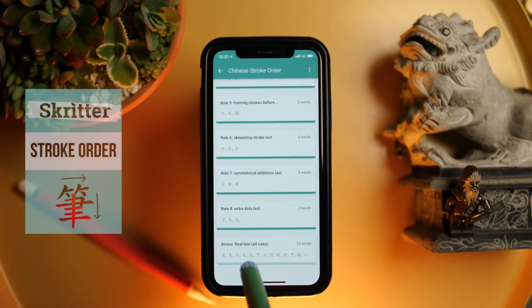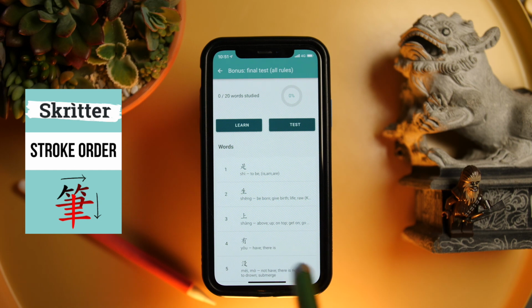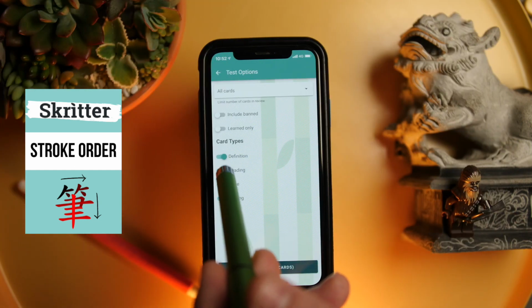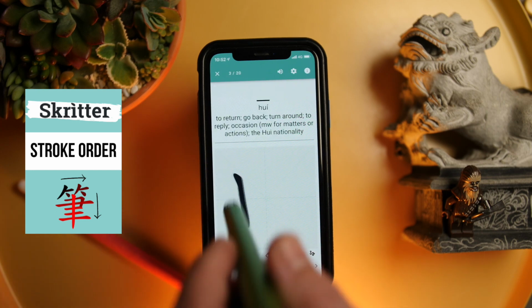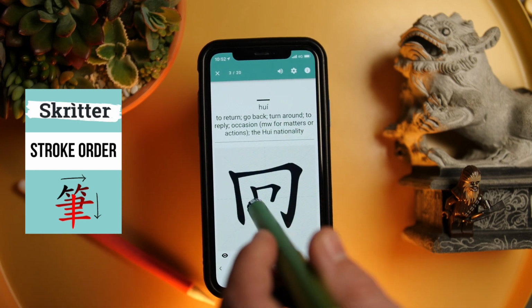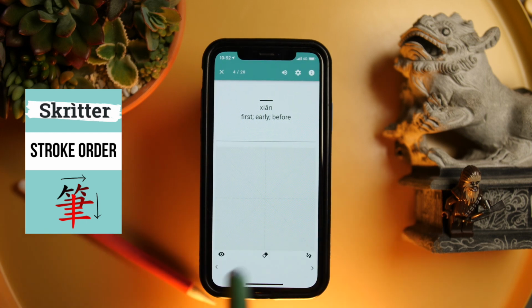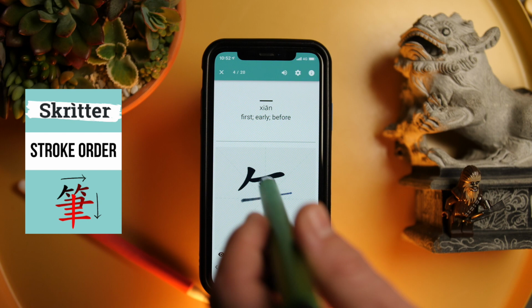It's super useful. So Skritter has a stroke order deck that you and I have actually created and collabed on. Now it's 100% free, even without an account. But obviously, if you use the code and sign up for an account, then you get that SRS system on top. But it's a fantastic deck to study from. It has all the stroke order rules, and then there's a master quiz at the end of another 20 characters or so. And all these characters we selected from the super high frequency characters. So you just can't go wrong studying from a deck like this.